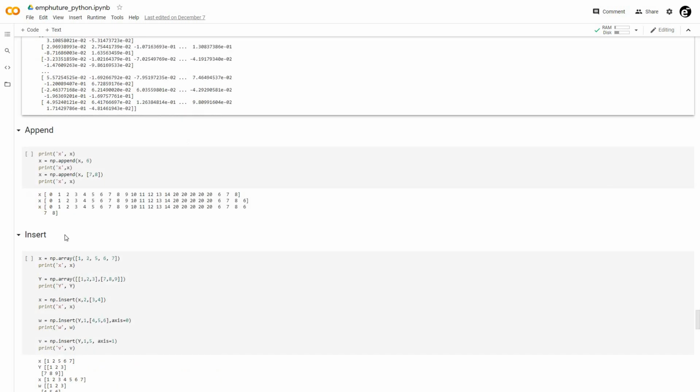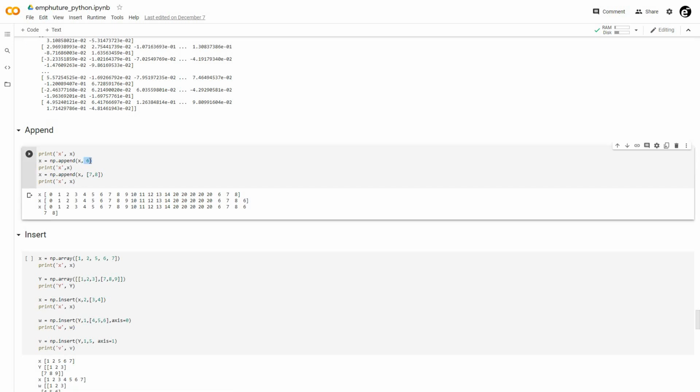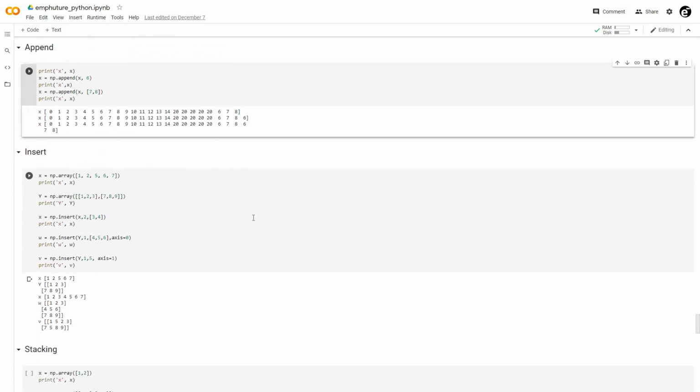We can also append a value to the NumPy array with np.append function. It will add the elements to the last of the array as we can see here. We have 6 here, which we are appending, and it is appended 6 to the last. Then we have insert function to insert the elements anywhere inside an array.